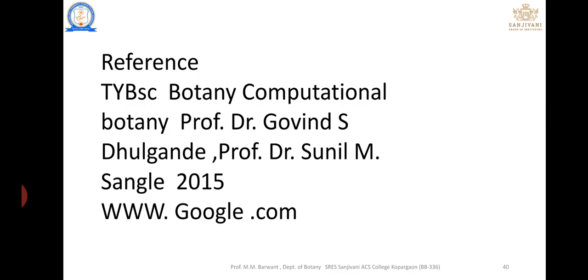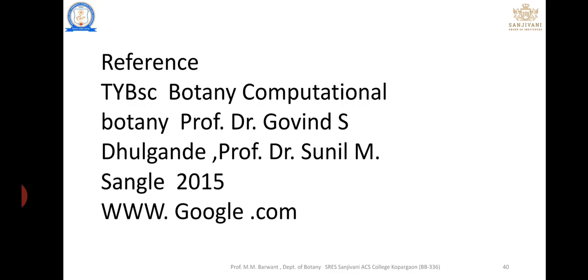This is the whole chapter on collection and representation of data. First we saw the summary. We saw the definition and meaning of collection, the definition and meaning of classification, the objective of classification, the need for classification, then classification according to class interval, classification according to overlapping frequency table, and classification according to non-overlapping frequency table. Then we saw the representation of data.